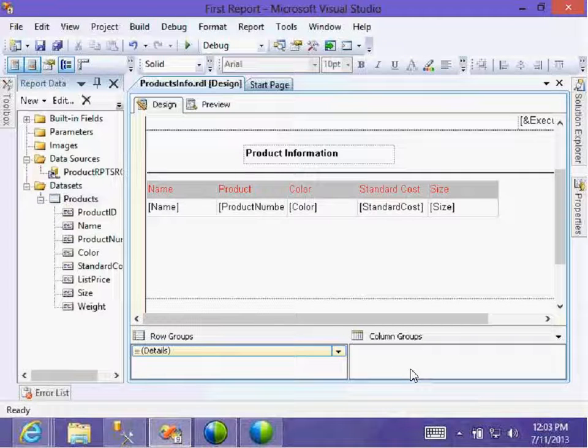Row groups and column groups are there. What? If you categorize your report information in terms of row group, it means categorizing in terms of rows. Categorize based on the columns. How does column grouping go? Print out categorization will take a horizontal page.